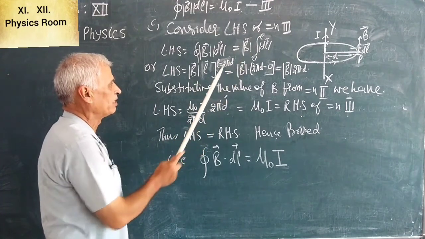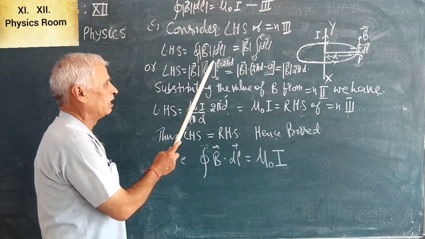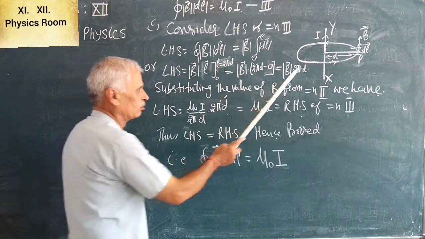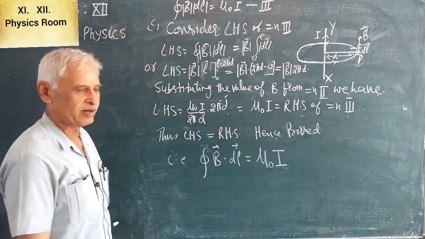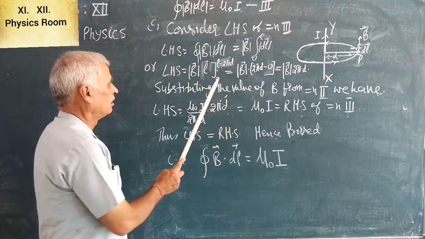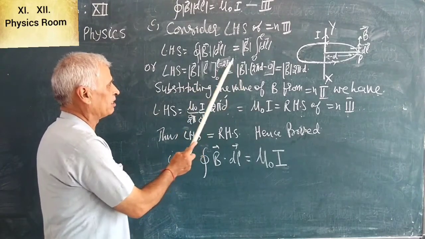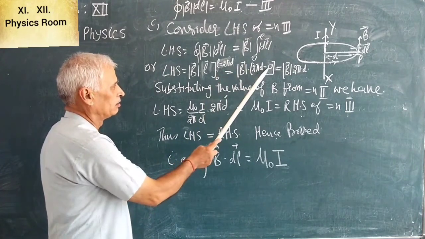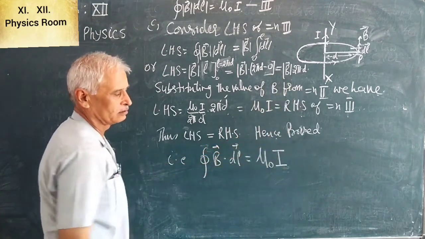How do we put the limits? After the L, 0 to L, and L is equal to 2 pi d. The length of the loop is 2 pi d, the whole circumference. Then we evaluate it. In place of L, we first write the upper limit 2 pi d and then subtract the lower limit, and it becomes equal to B into 2 pi d.